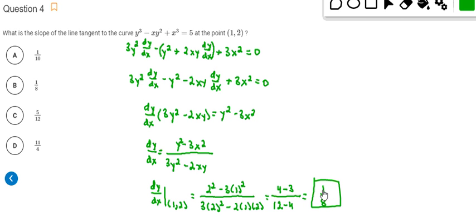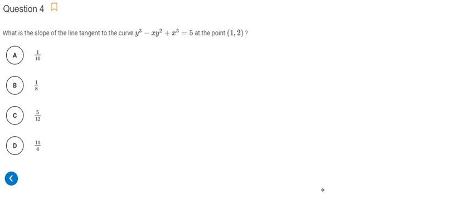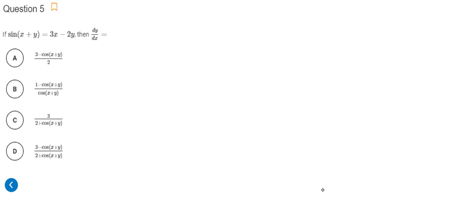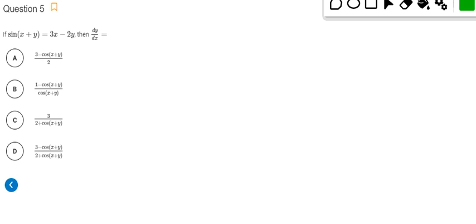All right, so now moving along. Number 5. Ooh, number 5 is a good one. All right, so I want to try a thinner marker this time. So we see we've got implicit differentiation going on. So our dy dx, if we differentiate our left side, so we're looking at cosine x plus y because derivative of sine is cosine, but then we got to multiply